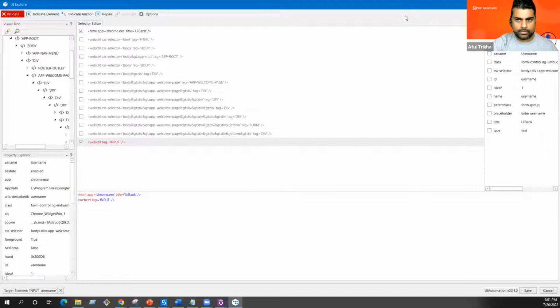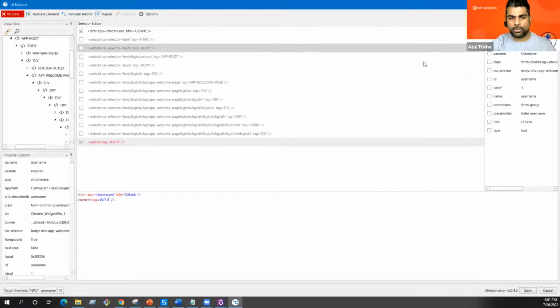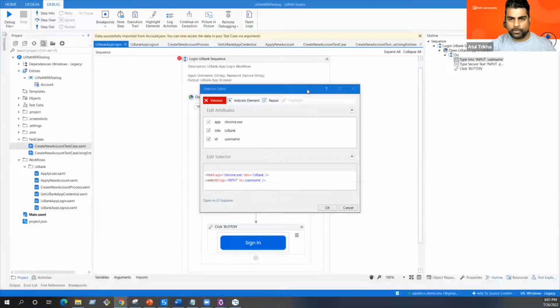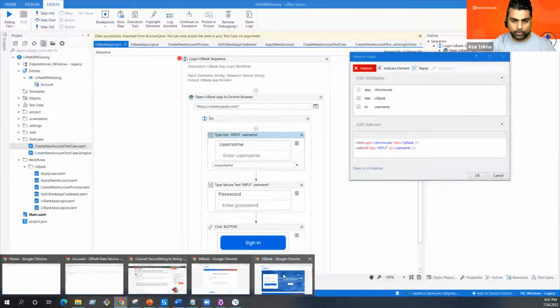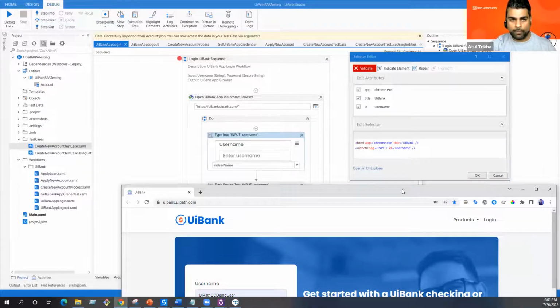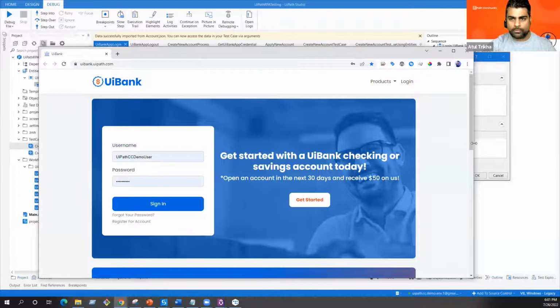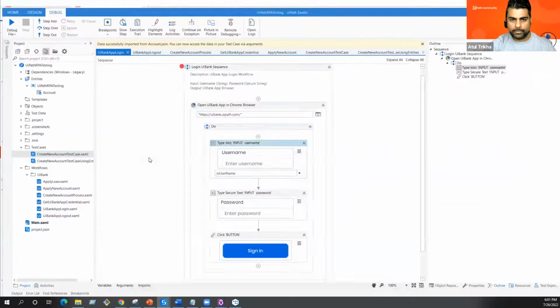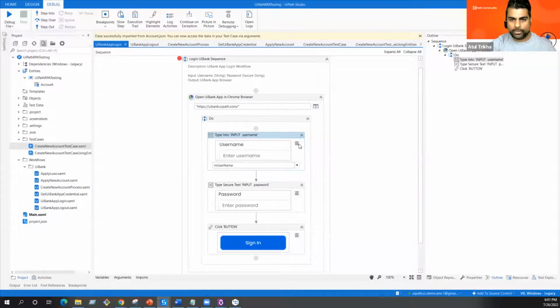So the selector here is UI bank, and I'll continue on this one. As a good practice, whenever you're creating a selector, I normally try to use the UI Explorer, because I'll tell you the difference here. If you simply use a selector from this one, and this is again my practice, you don't need to follow that, this is what I follow. So if you try to indicate an element like here, and if you go back to your selector here,